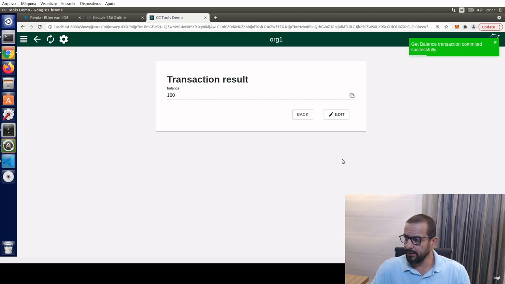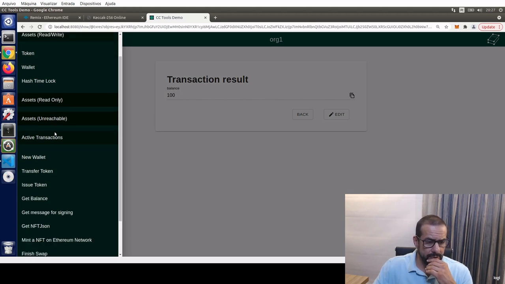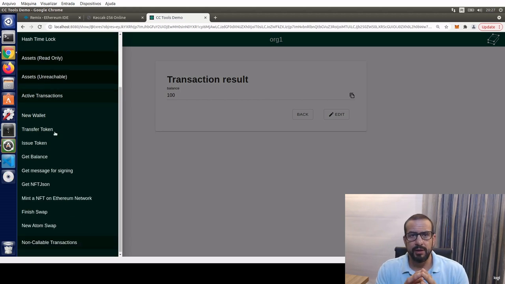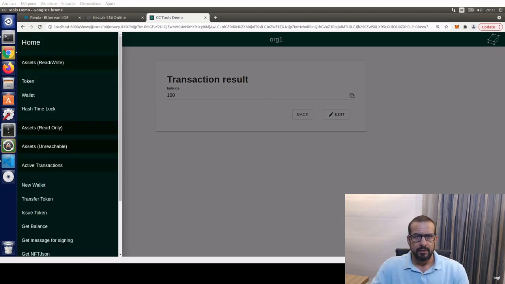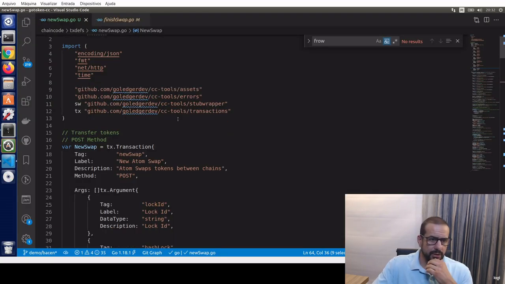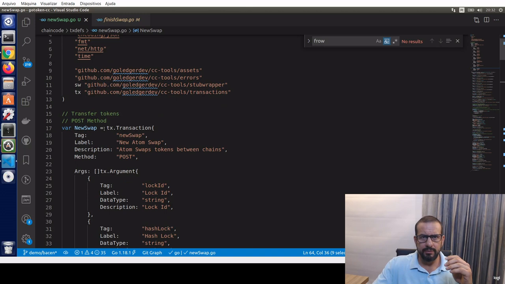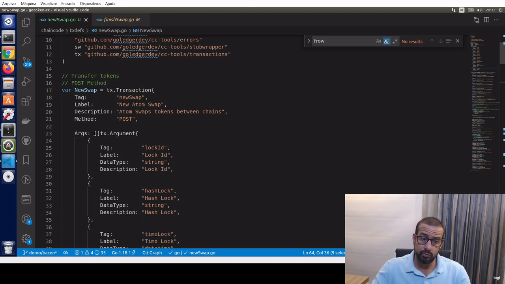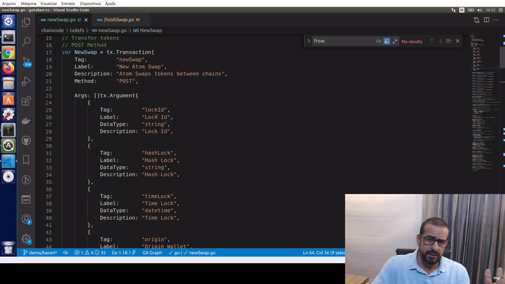So after that I need to set up the proper atom swap. But before we proceed with the atom swap, let us watch a little bit of the code that we do have here. Using the CC-Tools library, we will have two main functions to provide the swaps. The first one is the new swap that basically receives the